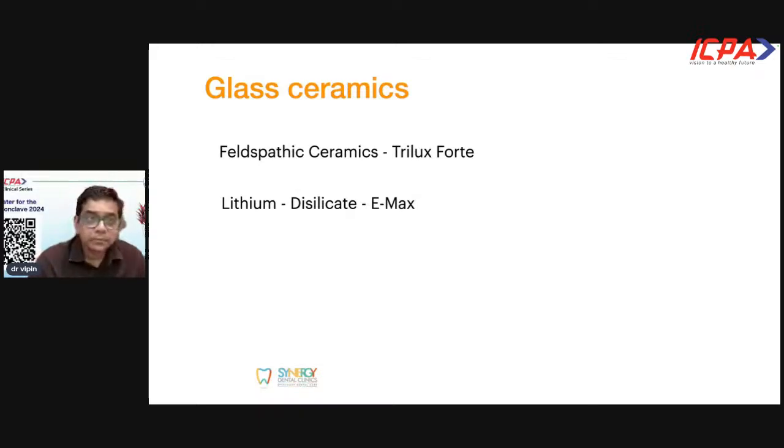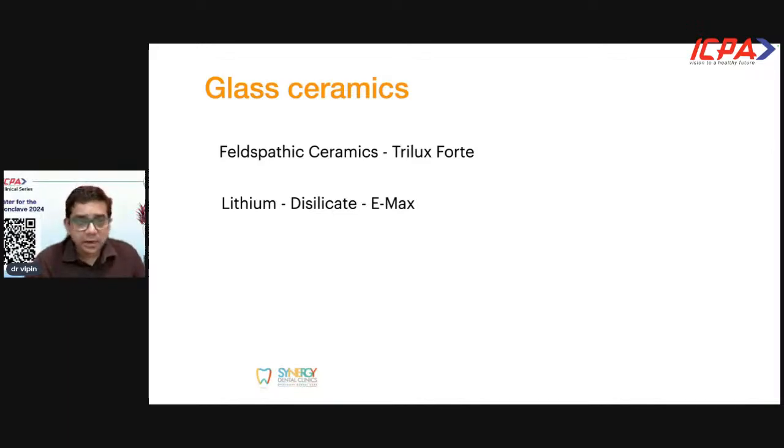Then we'll come to glass ceramics. Glass ceramics, how many of you know? Whenever we talk about glass ceramics, everybody says it's Emax. Glass ceramics basically are broadly classified into two parts. Ceramics, that is feldspatic ceramic. Trilux Forte is a material given by Vita, one of my favorite materials for non-load bearing aesthetic region. Another material which most of the aesthetic dentists in the world use is Emax,